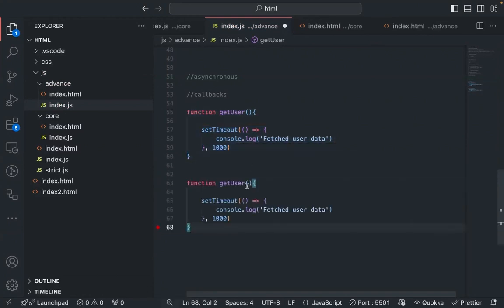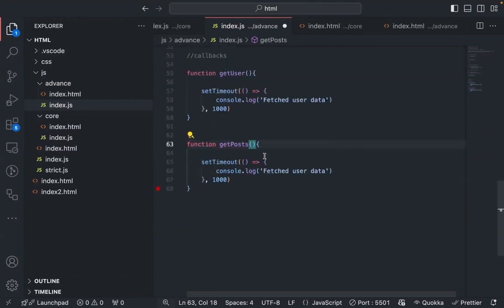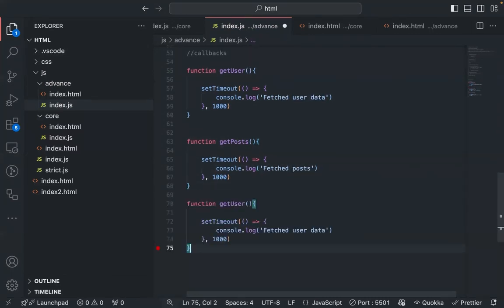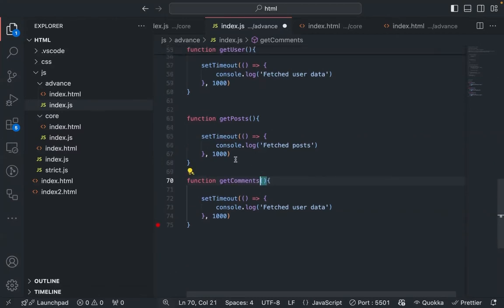Now we also have a couple more functions. Let's say we want to get the user's posts. Let's say we are on a social website, right? And you want to get the user's posts as well. So we can say fetch posts. We can have another function, let's say get comments. And same thing. Let's say all of them are taking 1 second. But if you want to change, you can assume that this is taking 1500, this is taking 2 seconds, whatever, right? Comments are taking more time. Fetch comments,